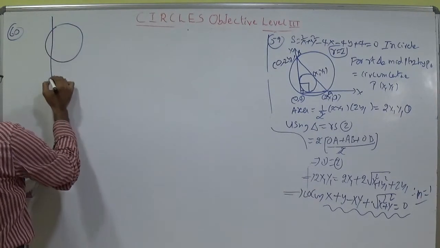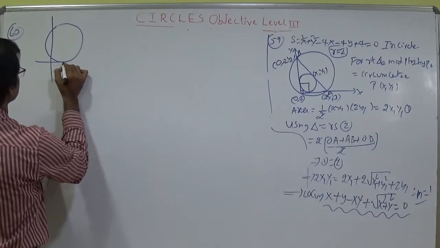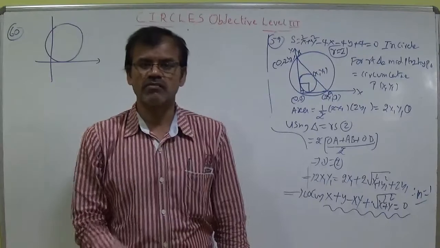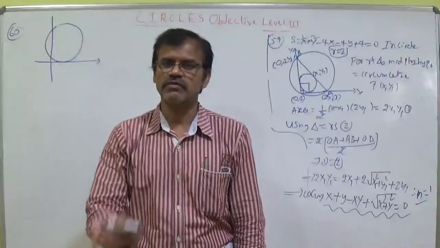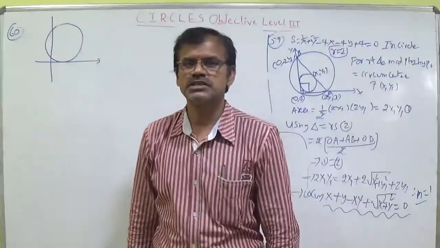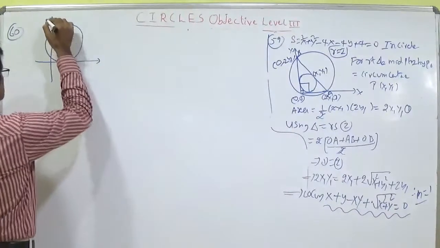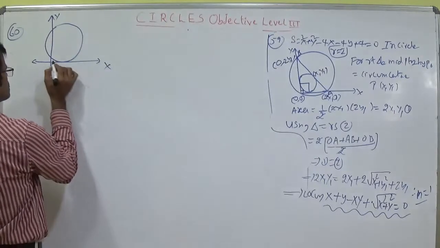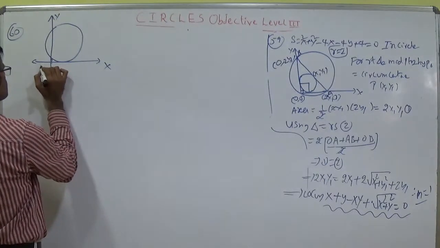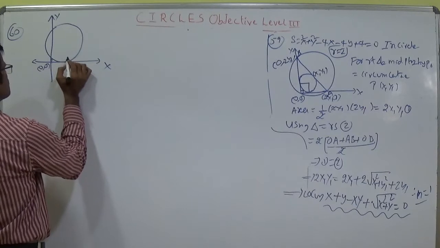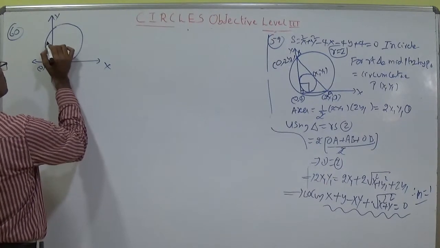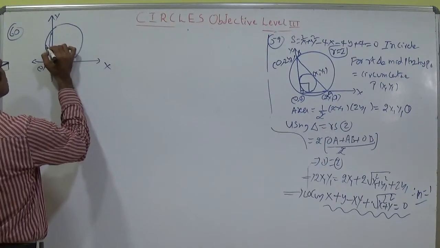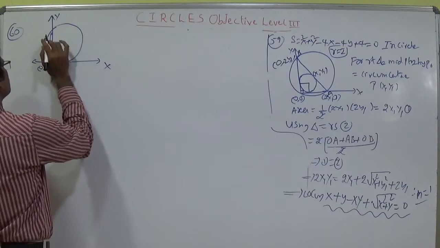Draw like this. Whenever he is asking, he is giving the information to us. The two lines are perpendicular. One is touching the circle and the other one is having a constant length. This is the constant length. So let it be the y-axis, let it be the x-axis. The x-axis and y-axis are always perpendicular. Put here 0, 0. Of course, the circle is not passing through the origin. So the length of the intercept is given as 2D.